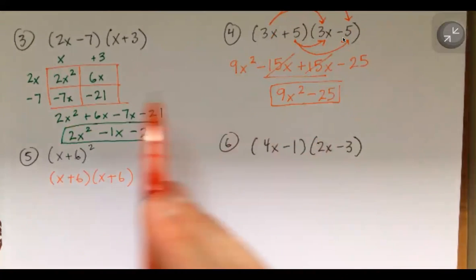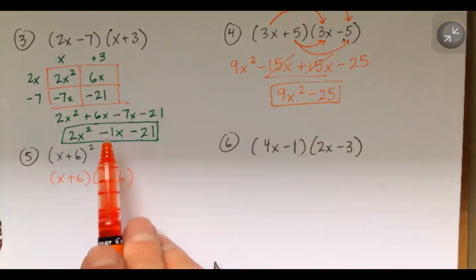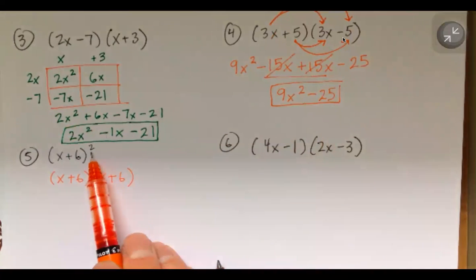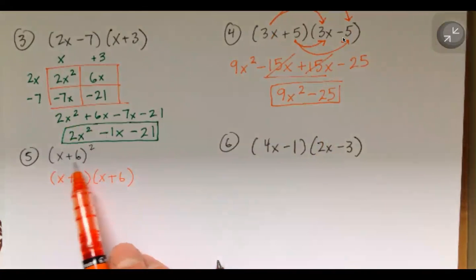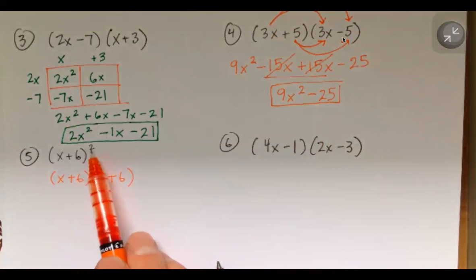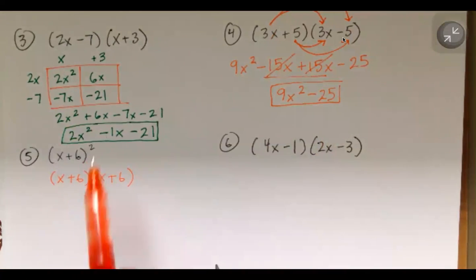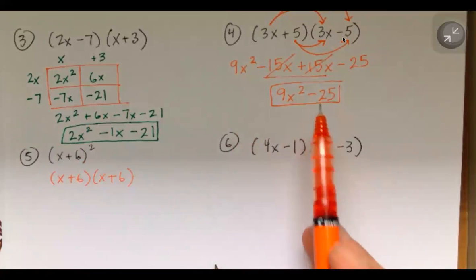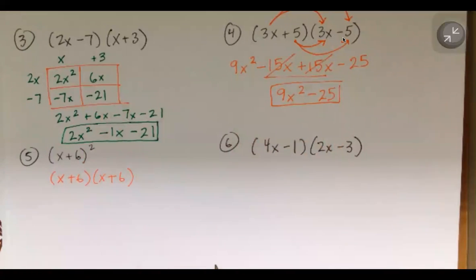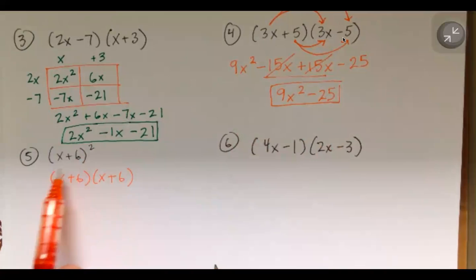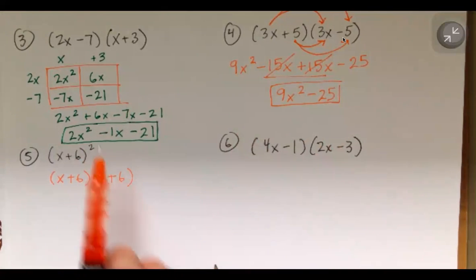All right, so either one of those methods is fine. Doesn't really matter what you do. I think the part about number 5 that's confusing is x plus 6 to the 2nd power. That exponent means that I have 2 of those things multiplied together. So we could use the box method, we could use this. We could even use what's called a perfect square trinomial. We know kind of how these things multiply out when you square something like this, but I'd recommend one of